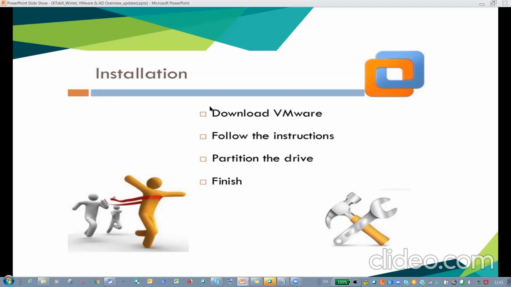The VMware installation is very easy. You only have to select the data store and data center, give the host name and IP address, and it will be established. We also have to give the path where the VMDK file will be stored.